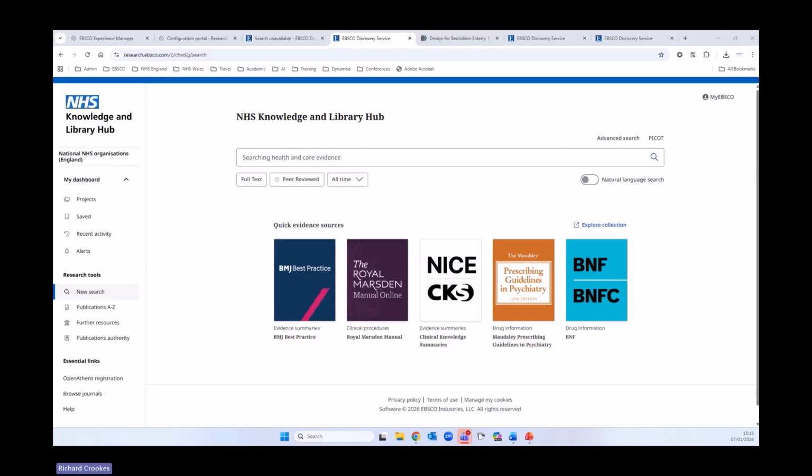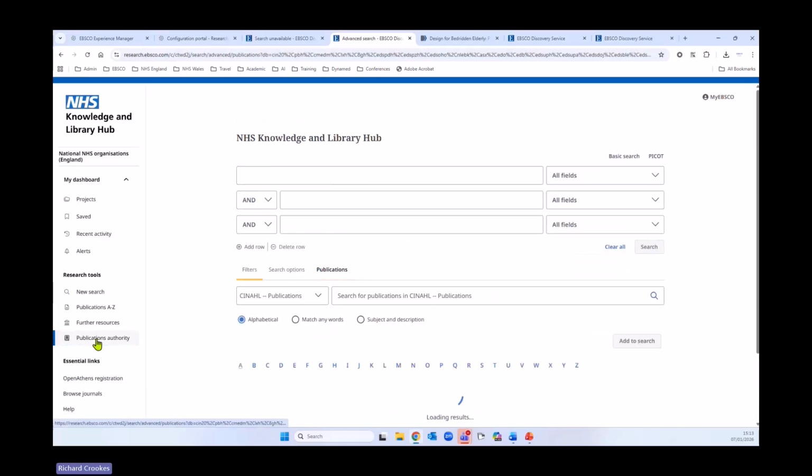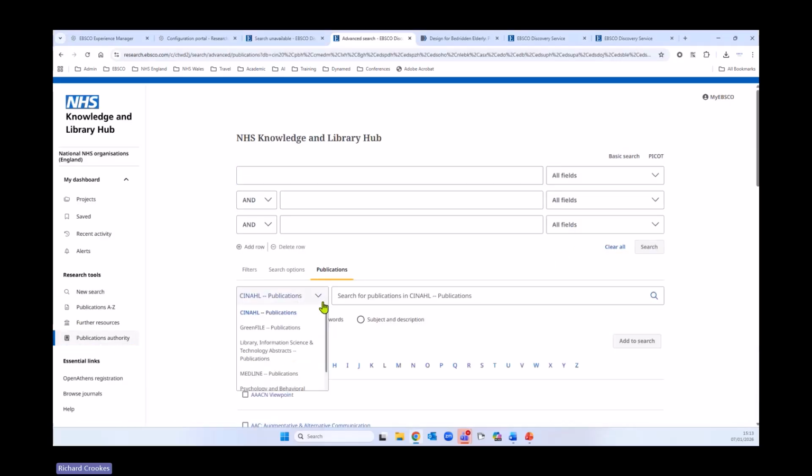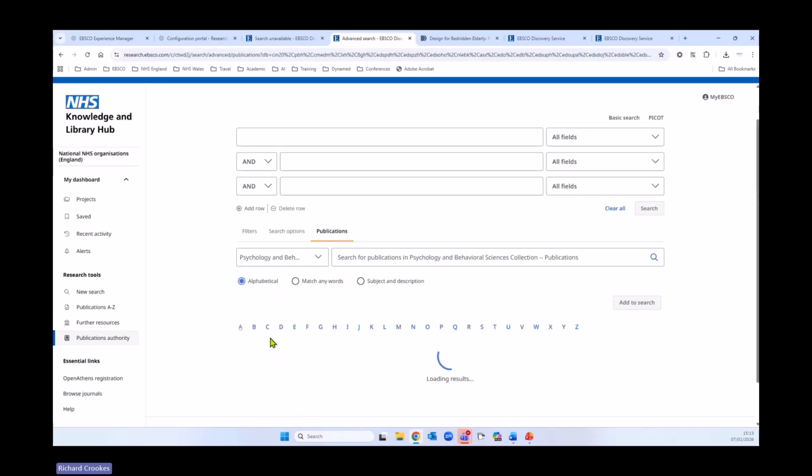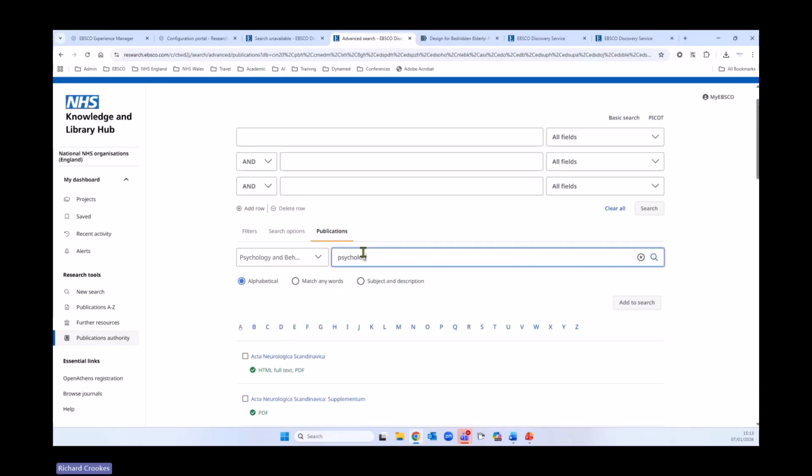Journal alerts also can be set up from the EBSCO journals. So that is from the Publications Authority. So let me just show you that on screen. Under Research Tools, you have Publications Authority, and you'll see the list of databases. These are EBSCOhost databases. So nationally, you've got CINAHL, you've got Medline, and you've got Psychology and Behavioral Sciences Collection. So if you want to see the journals of any of these databases, for example PBSC, then you can go in and search that database for a specific journal,